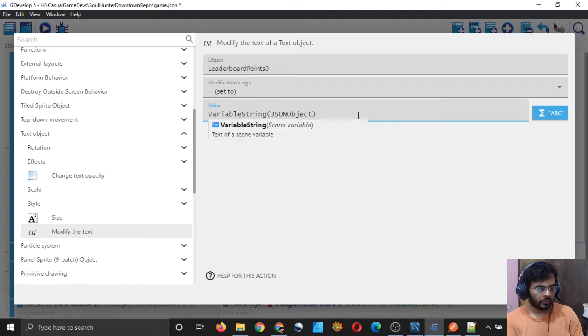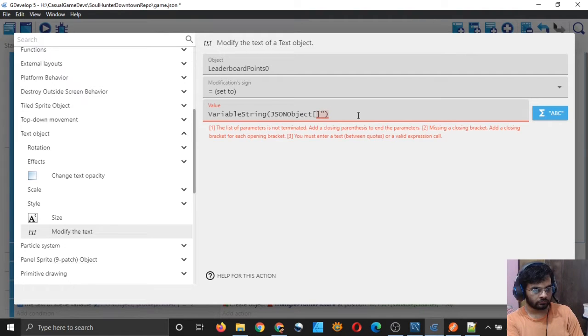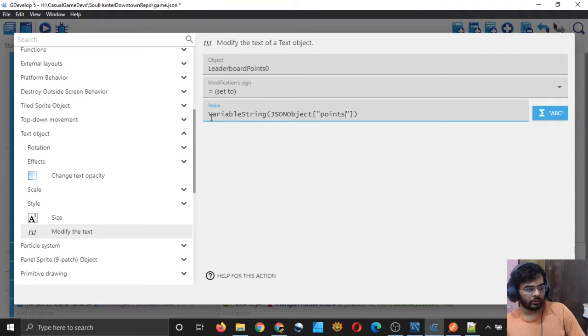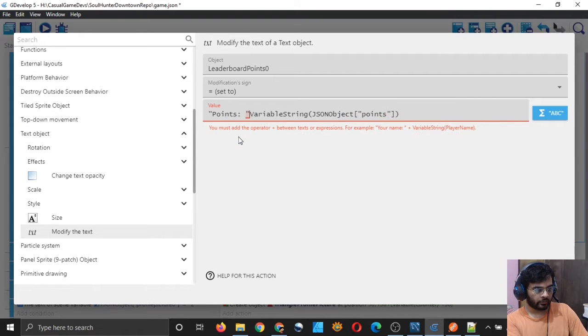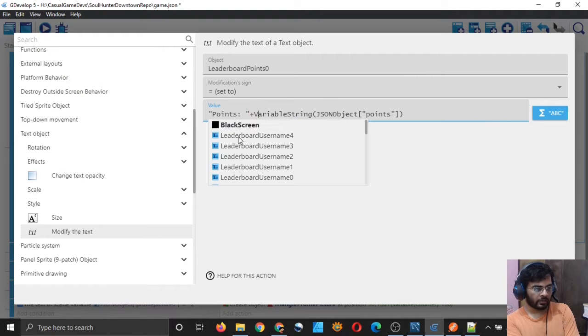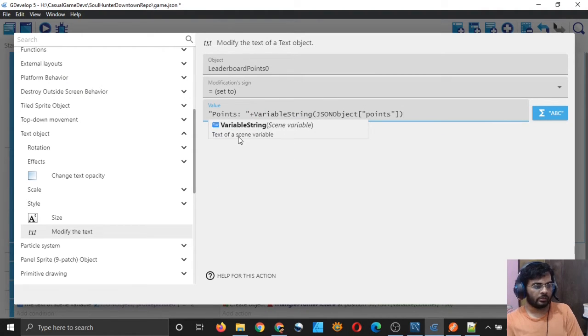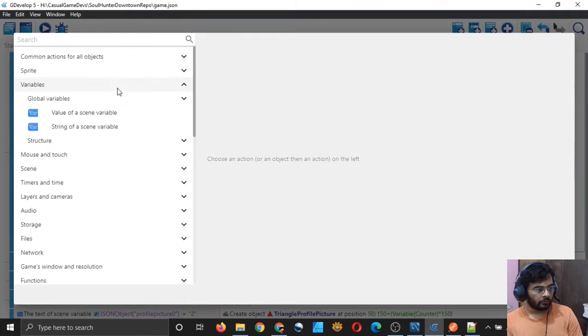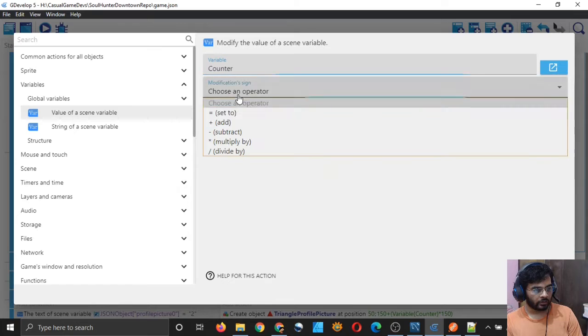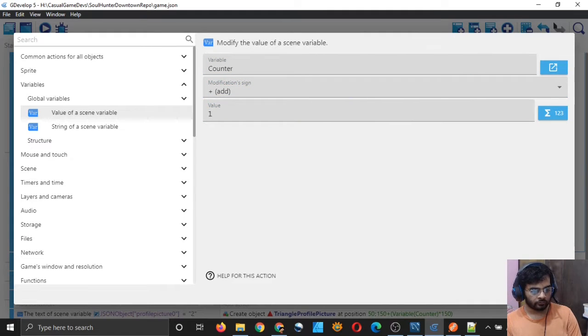Not just the object, I want the points field within the object, and I will also append the text points, so that we know whatever number is displayed below the username is the points value for that user. Then I have to increment the value of the scene variable counter plus 1.